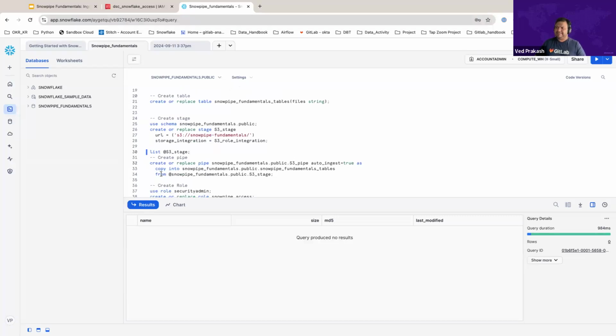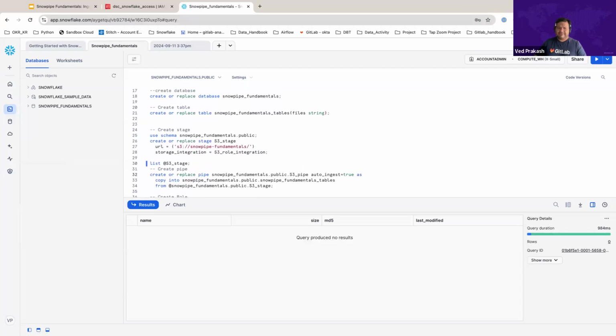The next step is that we go ahead and create the pipe. So basically, pipe is a Snowpipe. The command says create or replace, then there's the pipe name. You say auto ingest is equal to true. It means that as soon as a file is created in the bucket, it ingests the data into